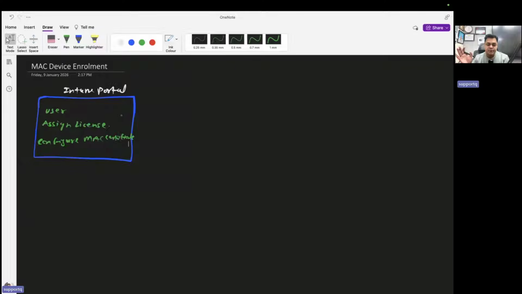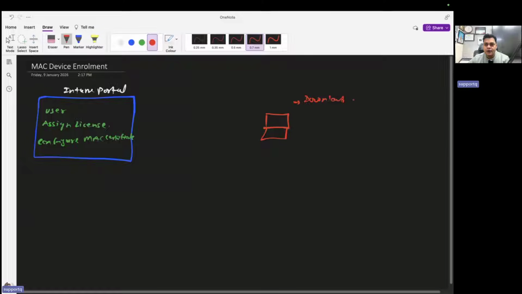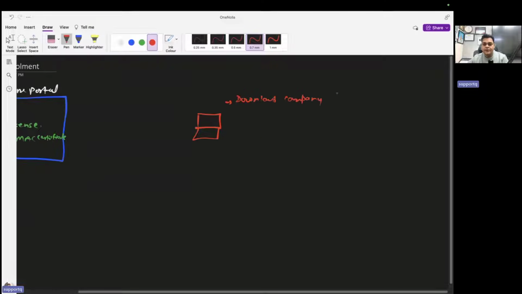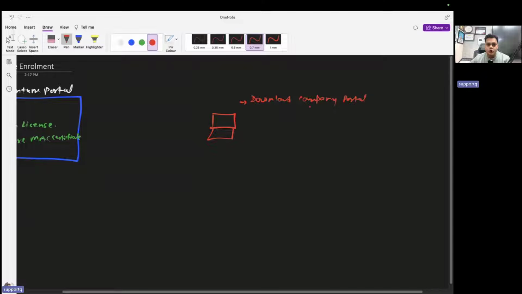You need to justify yourself, prove yourself, that you are going to enroll by yourself on premises. For example, this is your Mac machine, and on the on-premises Mac machine, you just need to download the company portal, right? You should download the company portal tool and then log in to the company portal with the help of the same Intune user. That's it. Another prerequisite, the system must be connected with an internet speed of 25 to 30 Mbps